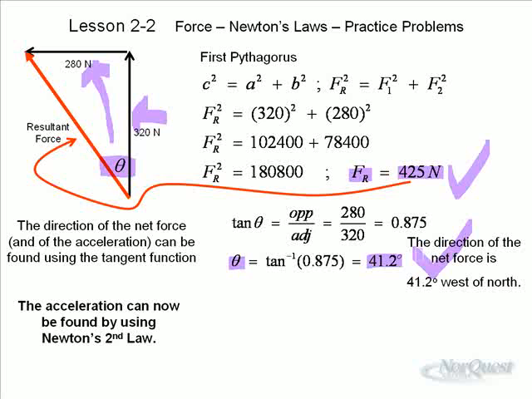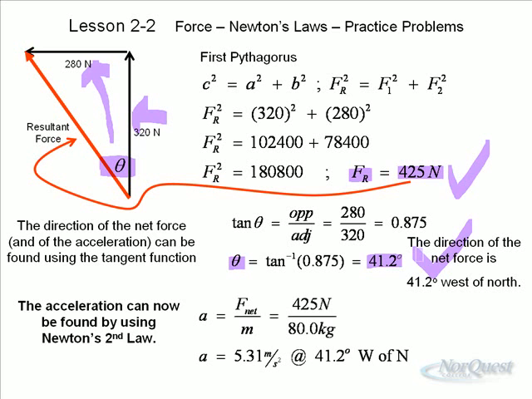Now we can find the acceleration. All right, the acceleration is found using Newton's second law. And of course, Newton's second law says that a is equal to F net over m. The net force, as we determined using Pythagoras, was 425. Divide that by the mass of the tackling dummy, which was 80 kilograms, and we get an acceleration of 5.31 meters per second squared. That means the tackling dummy will initially accelerate at 5.31 meters per second squared,